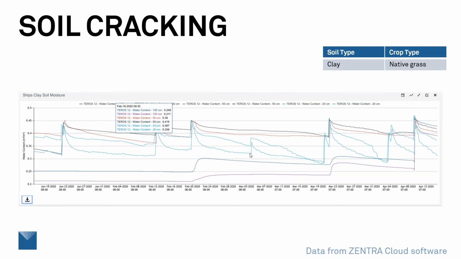And what we've come to the conclusion of is that in fact the problem is that this sensor here, the lower sensor, actually has soil around it that has a high shrink-swell capacity, so when it starts to dry, it's pulling away from the sensor. And it's pulling away enough to actually produce air gaps. And when an electromagnetic sensor senses an air gap, it actually doesn't read as high, as you probably already know. So what we're seeing here, this really precipitous drop in a clay, again with a native grass growing on top, is that essentially we have a problem with cracking. And that's something to look for.